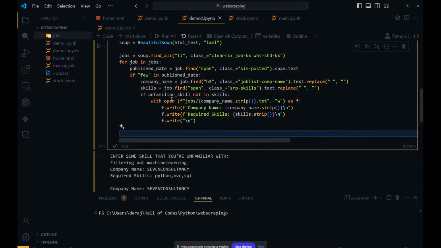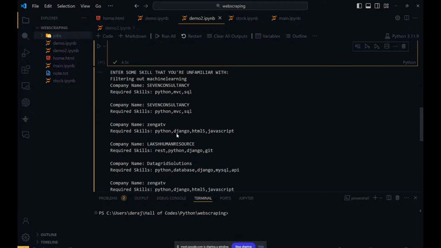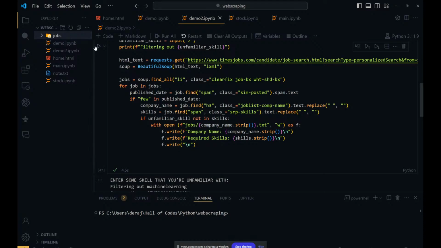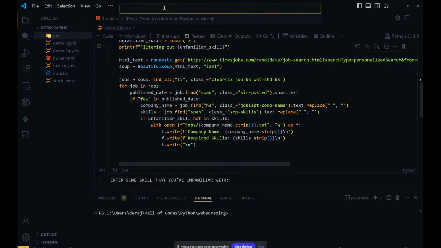So we create a folder and then we are opening that folder and writing in such a text. We're going to create a text file that has the company name without any other spaces, and then we're going to write all this stuff into it. So whatever we have printed outside here, this will now store in a separate file with the company name as the file name, and it'll be stored inside this particular jobs folder. So when you run this,